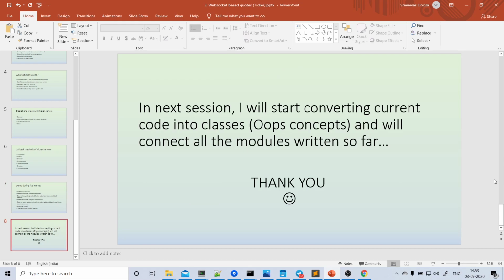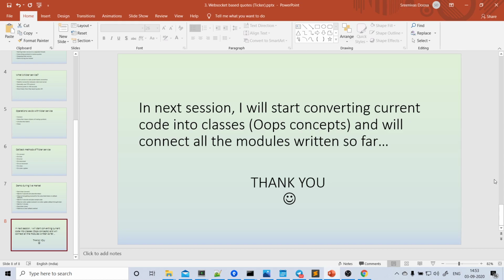So first of all, we're done with the basic concept of how to call all the broker APIs, including the WebSocket today. What I'm going to do next: currently I have written all the code in some functions just for demonstration purposes, but once our code base gets bigger, it is difficult to maintain in the form of functions.